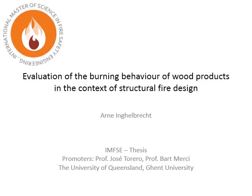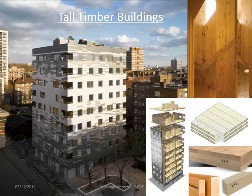of Professor Jose Torrero. Now, my thesis is about tall timber buildings, and tall timber buildings are being researched by many structural engineering firms throughout the world as a sustainable alternative towards tall buildings, which are commonly designed using concrete or steel. What we see here on the picture is a 9-story building in London made mostly out of cross-laminated